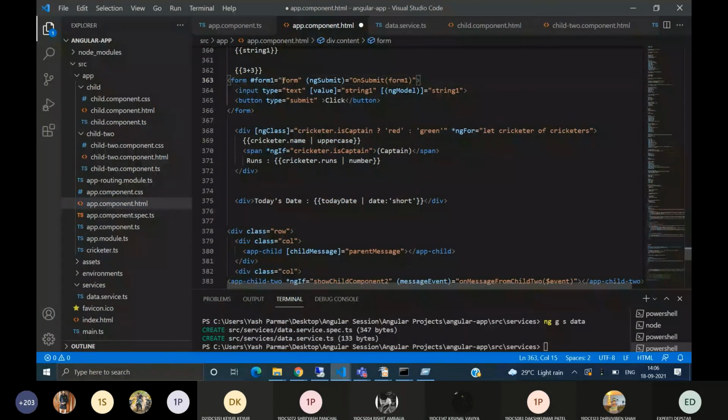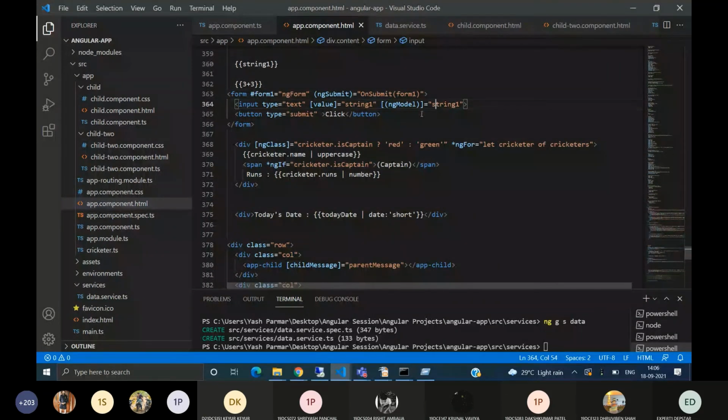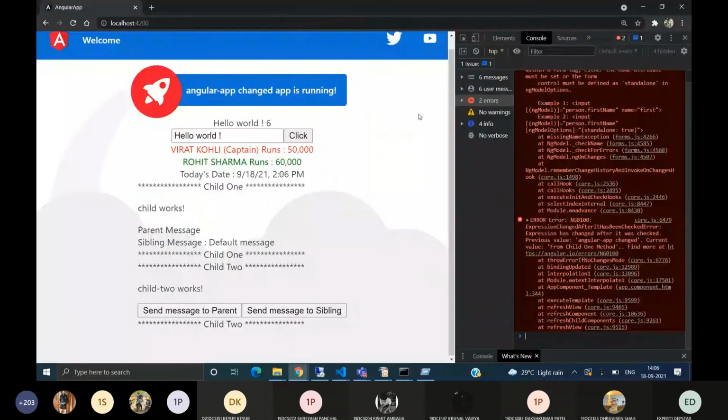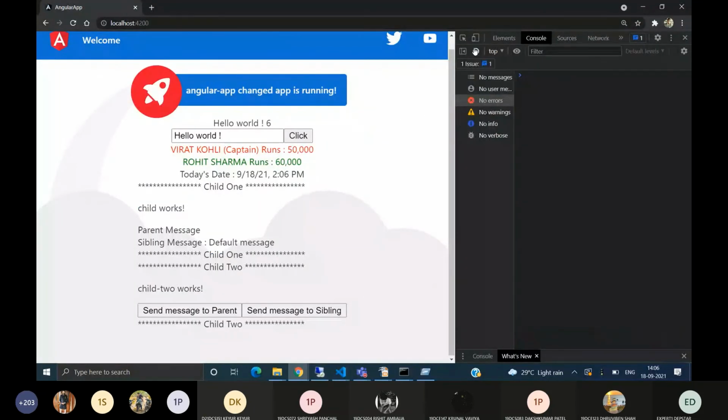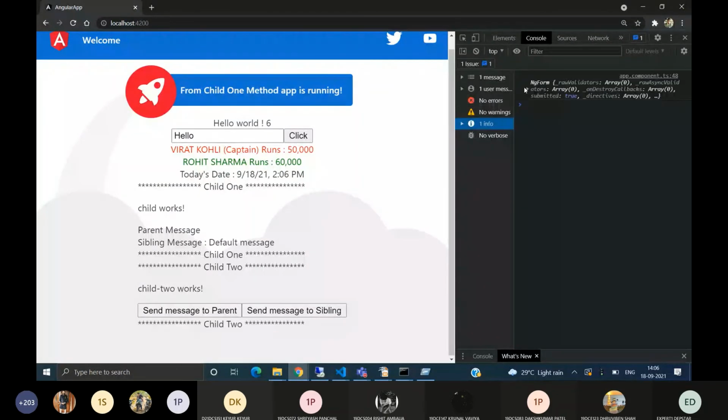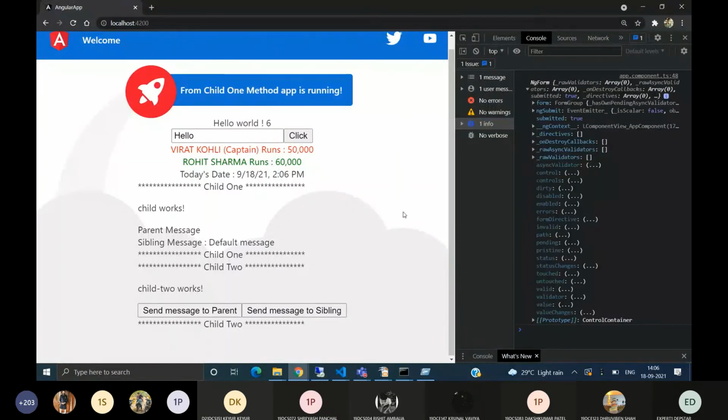You have to write here ngForm. Now when I click here, okay, now this gives us the form in a form object.